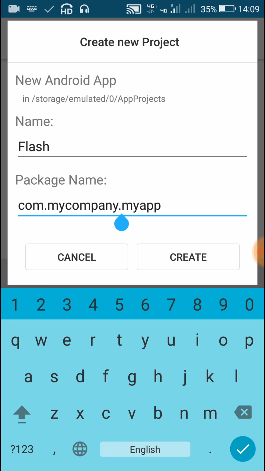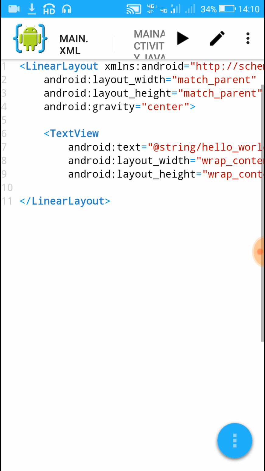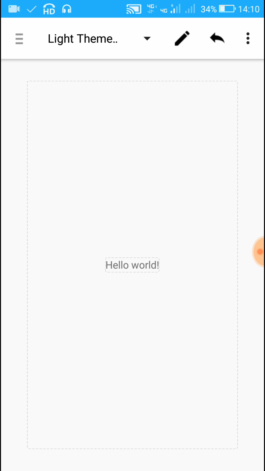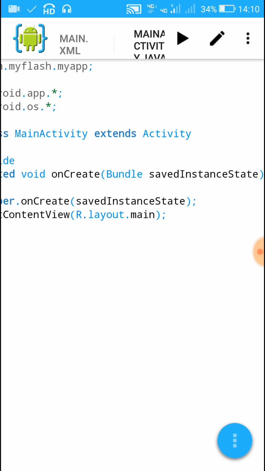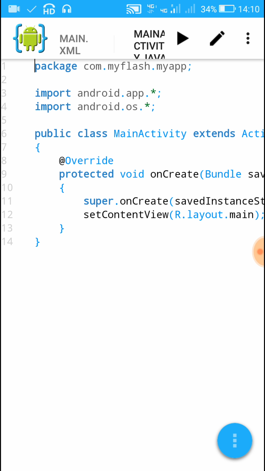flash, and write its package name com.myflash.myapp. Now here you will find that this project is a hello world project which contains the text hello world, and in MainActivity.java it just shows this